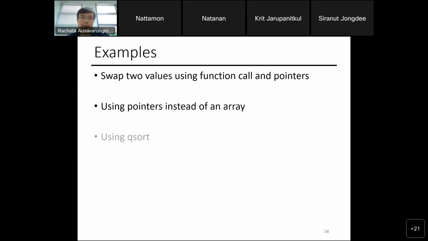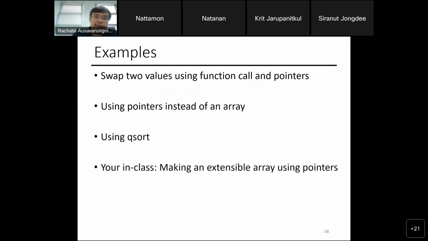Sample code time. We have done this, right? This is in class. Well, I guess we might be extending this, so it'd be a quick take-home exercise before we go to the makeup class on Monday. Make an extensible array using pointer. I have some starter code for you, and I'll finish up the starter code and show you how a header file works. So it will be an example with a header file.